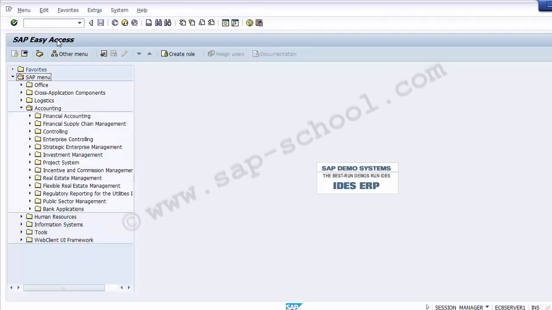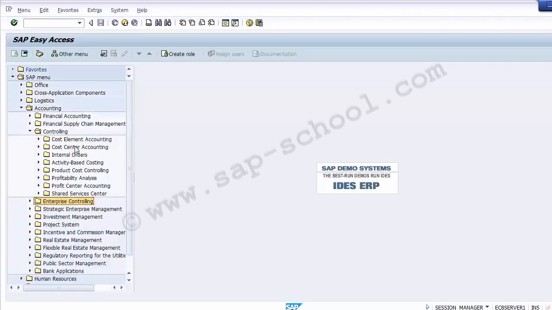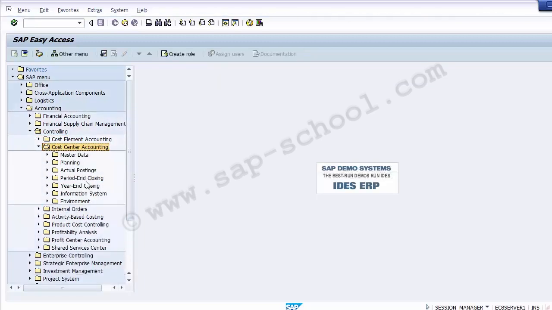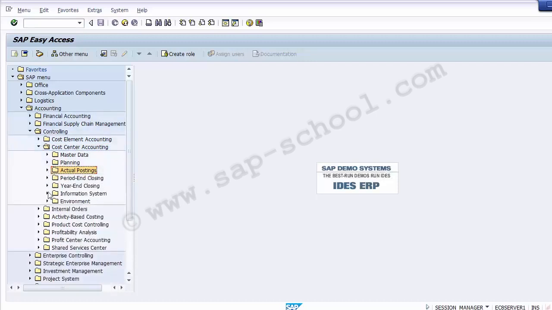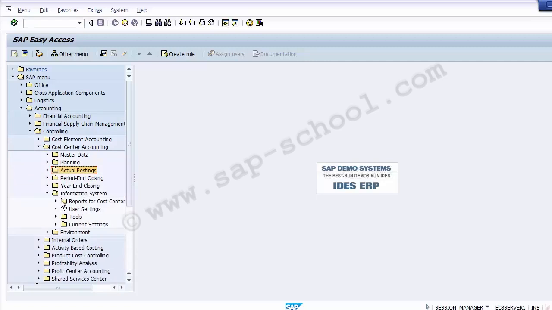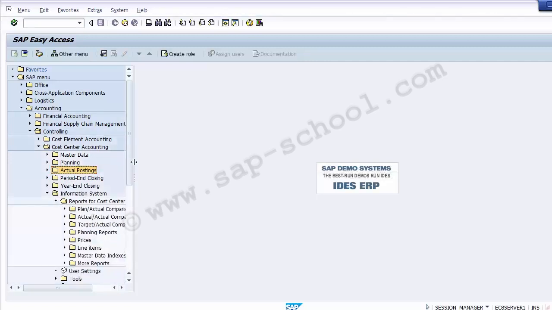This is the SAP Easy Access, and in that we can go to the controlling part, and in controlling there are a number of different reports which are available, which you can execute, and we can have a look at them. Like